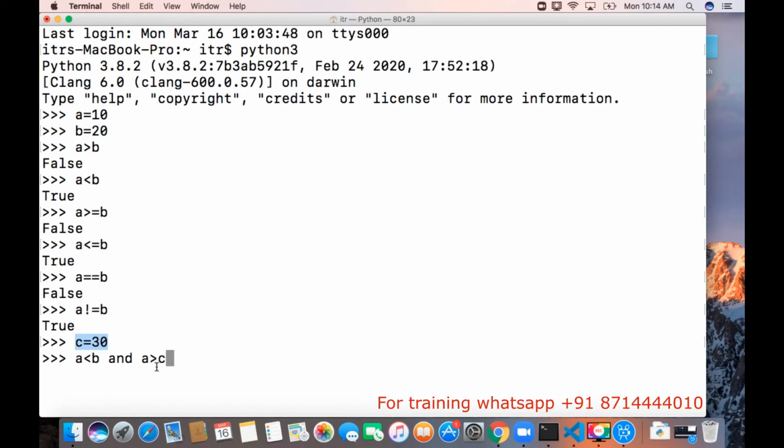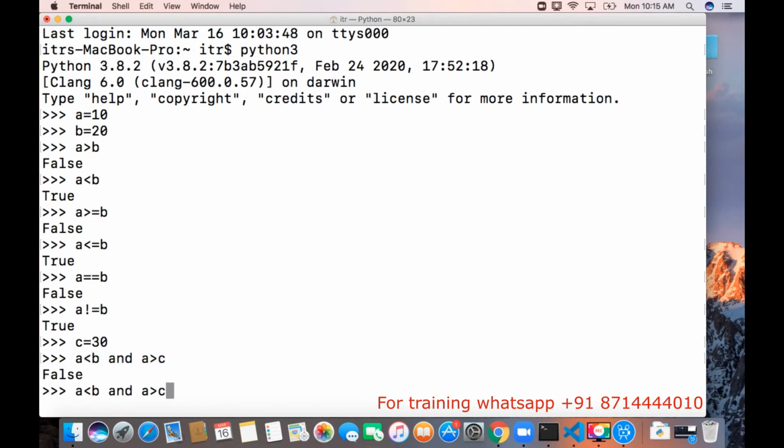So we should get false, because here true and here false. True and false means it will be false, and except both left and right side of this particular and are true, the result will not be true. Other cases it will be false.